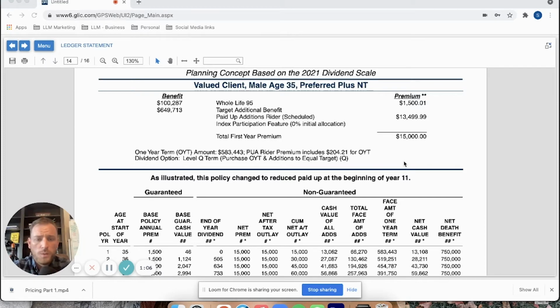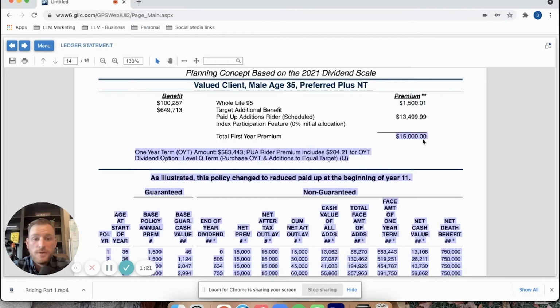So going off of part one, where we talked about that split between the premium and the cash value, that would mean that if we look at the top here, this $1,500 is basically the minimum or the premium component of what that would be. If I want the ability to put $15,000 in total per year, the minimum I'm going to have to put in, and the minimum sort of cost in those first few years, is going to be this $1,500 a year. This is the bill I'm going to get every year. So that could be monthly, quarterly, annually. And I'll have the ability to add in an additional $13,500 or $15,000 total.